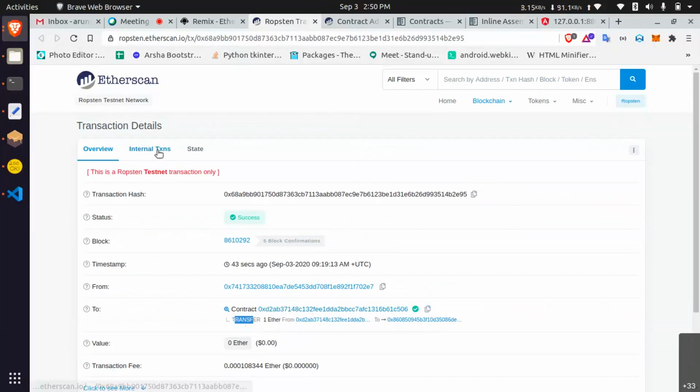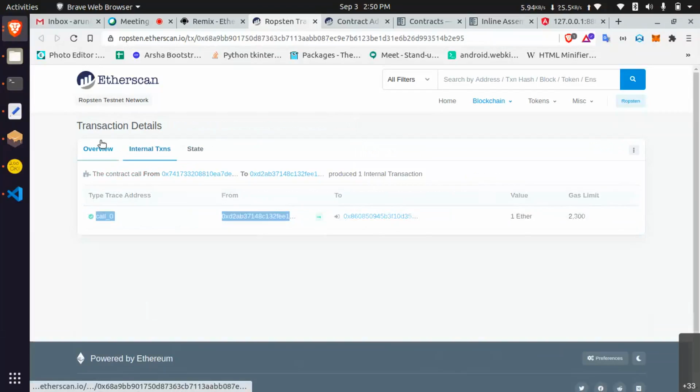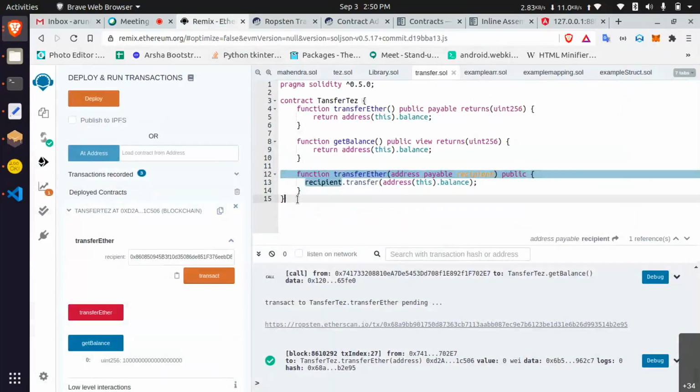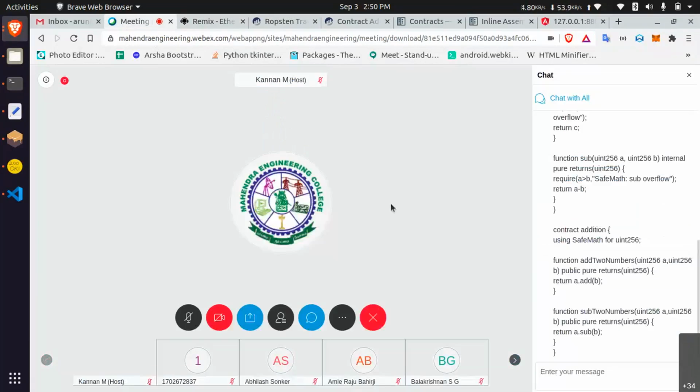You can see the internal transaction I made. This is the main transaction, in which I performed one internal transaction. You can see the one ether I transferred. This is how we can transfer balance from a contract to an account.